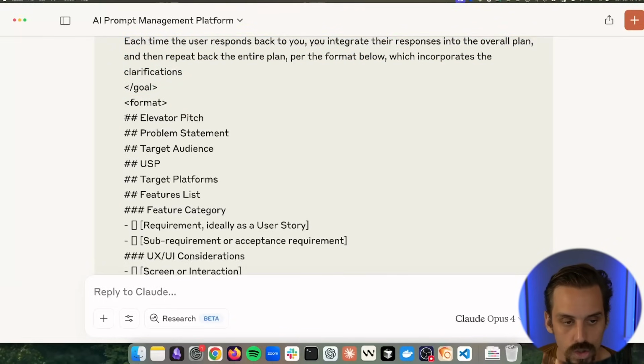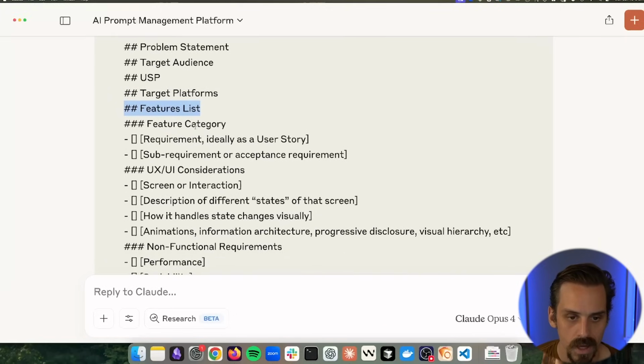So I like to give an elevator pitch. Then we talk about the problem, the audience for that problem, unique selling point, platforms we're going to build it on. And then we get into the first batch of features that we're going to have in this app. And then for each of those features, we start breaking down what are the actual requirements and user stories behind